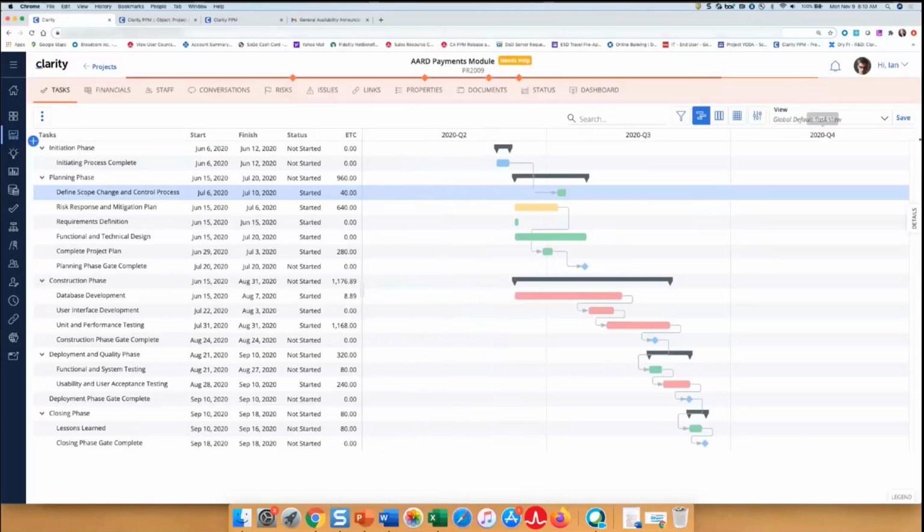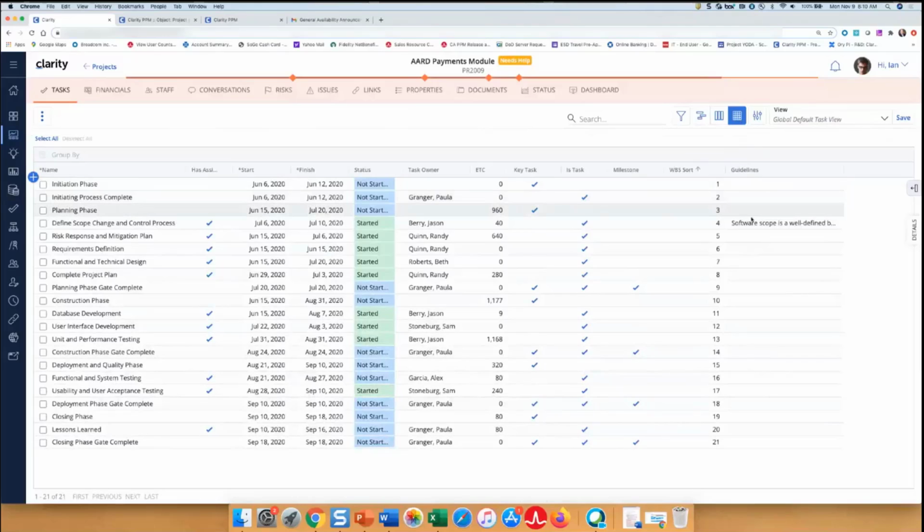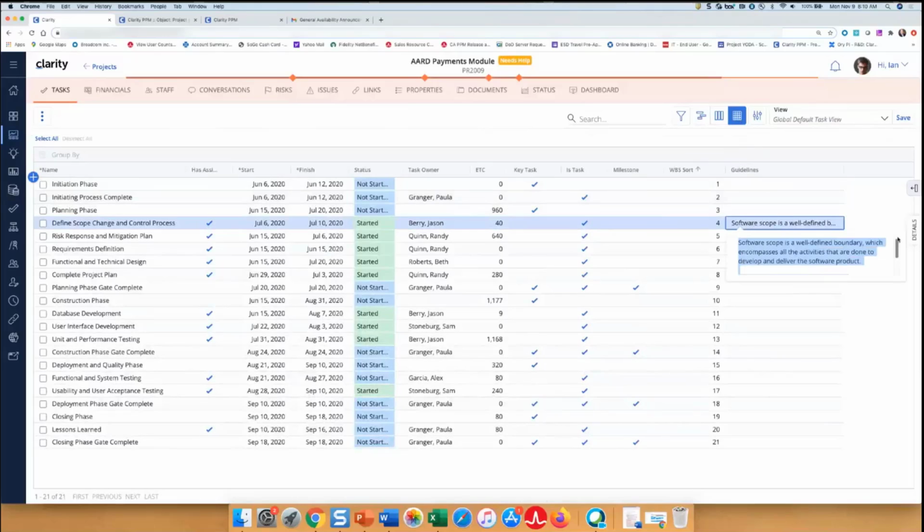Also, just want to call your attention. I'll go into the grid view, and I've configured guidelines to show up here. And given the column width, I'll get a certain amount of real estate dedicated to that. Okay, good. So that concludes the demo of the additional attribute